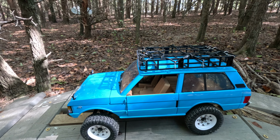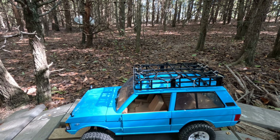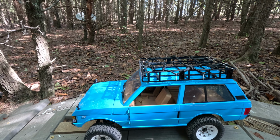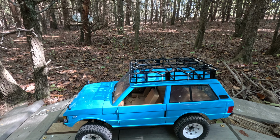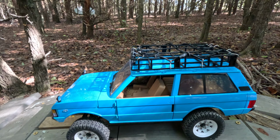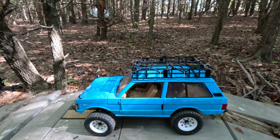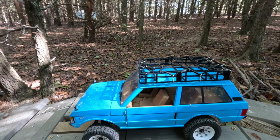The nice thing about it is it's really slim, and it's in a hard case, and it's just really nice. It's probably less than a quarter inch thick. I mean, it's really thin. I never measured it or nothing, but it fits. But since it's a little bit wider than the stock ESC was,